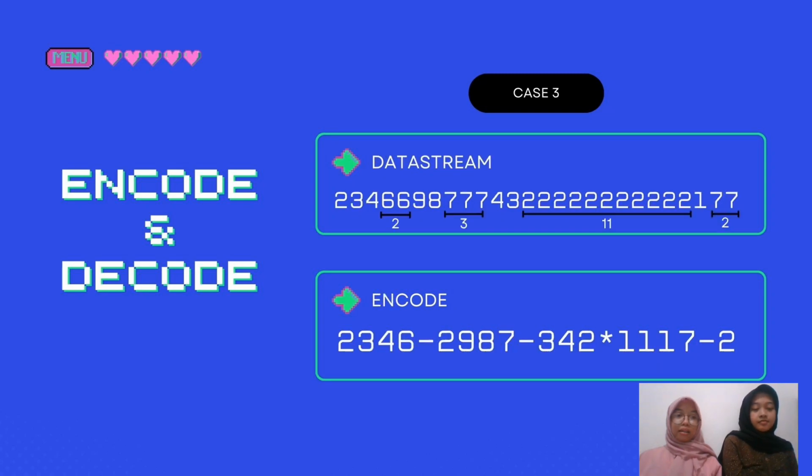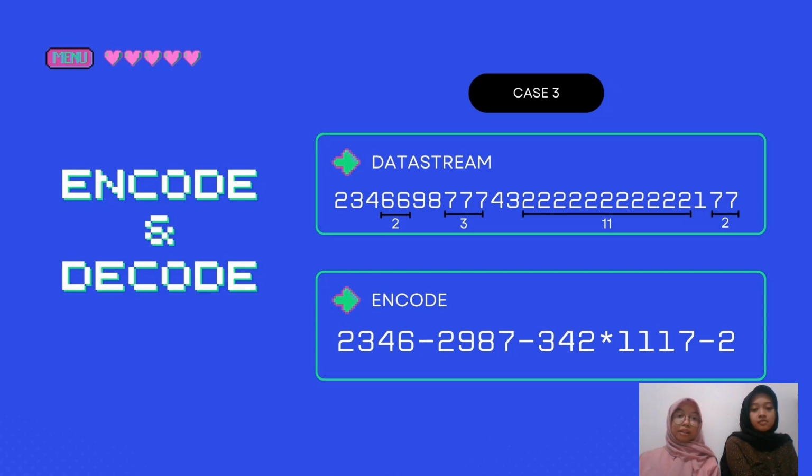And then case 3, as in the previous case, is an example of RLE compression that detects recurrence in numbers. There will now be a condition where the recurrence is more than 1 digit, so another sign must be given to distinguish them. In this example, there is a recurrence in number 2, 11 times. Then the sign given for the recurrence is the star symbol, different from the number of repeats with only 1 digit, which is given the symbol strip.